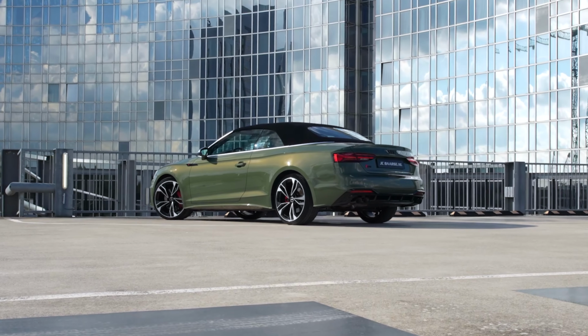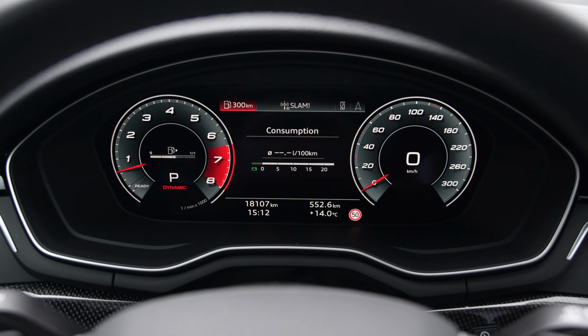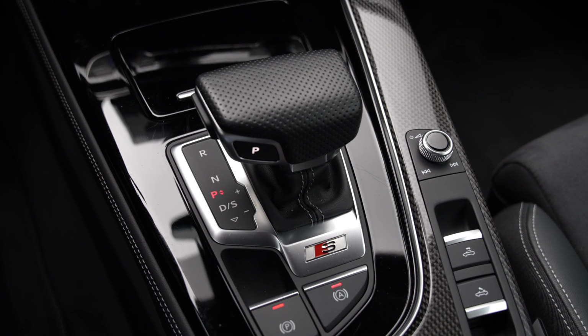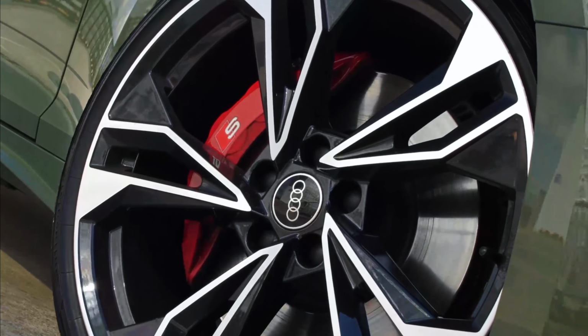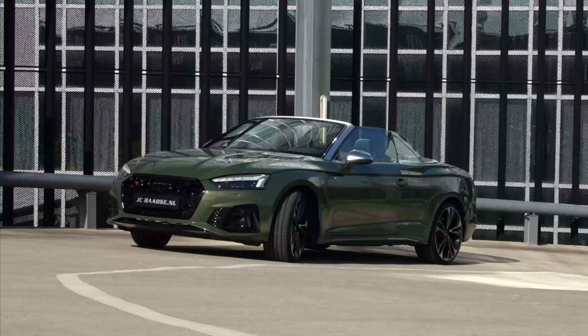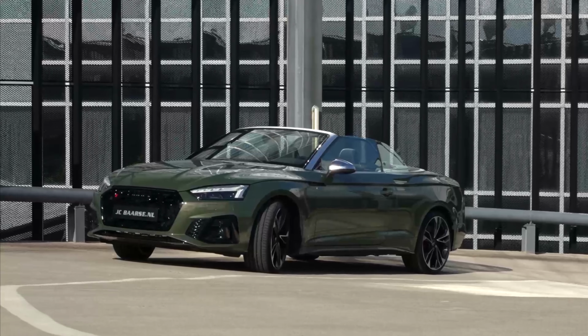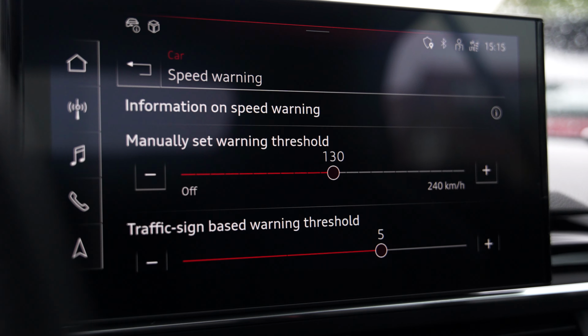Are you driving an Audi and you would like to deactivate the Audi speed warning, but you don't know how to do so? No worries. Just watch this video and I will show you in a few simple steps how to deactivate the speed warning